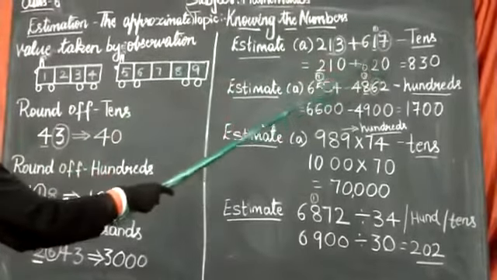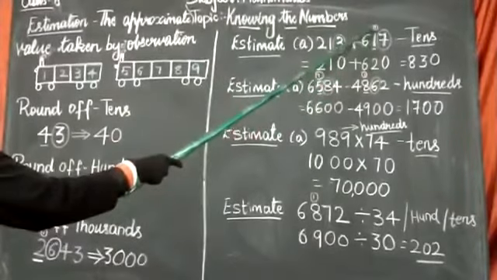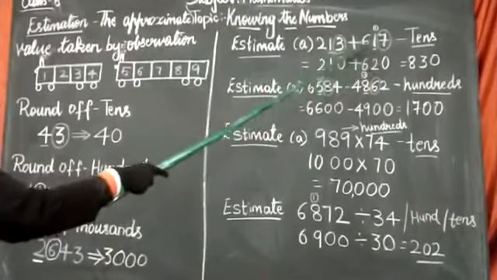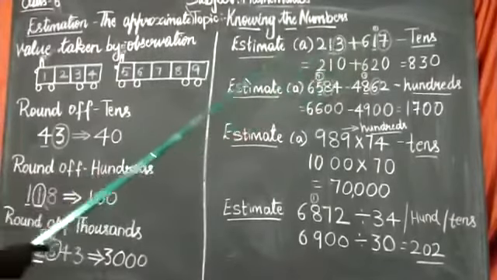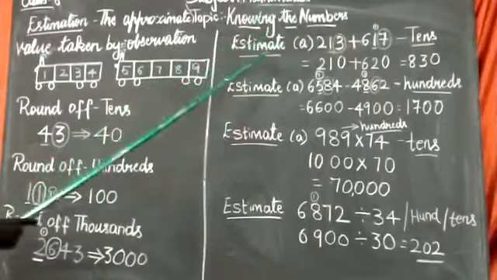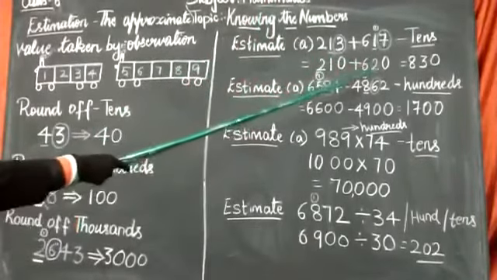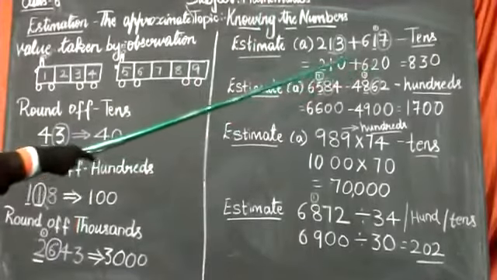0 in ones place. So plus 1 we should add because it is bigger. So plus 1, this 1 becomes 2 and 6 as it is. Did you get how I rounded off to tens place? It is 210 plus 620. So if we add that number, we are getting